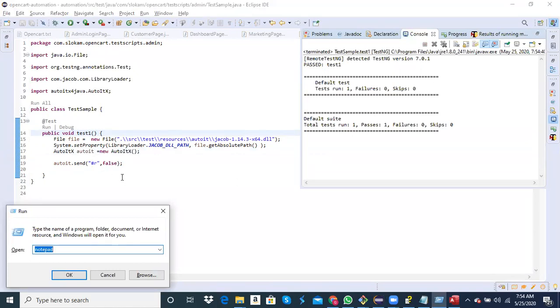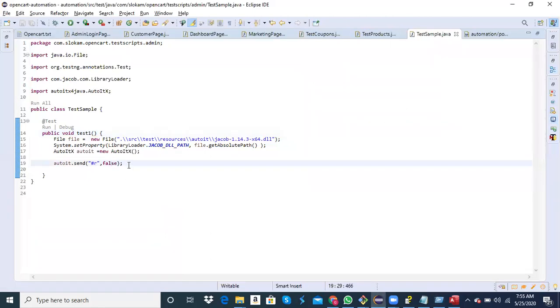So my point here, which you have to remember, is that whenever you want to perform any special operations using send, you have to give those special characters followed by comma false. If you give true, that means raw. If you have to perform special characters, then you give false.